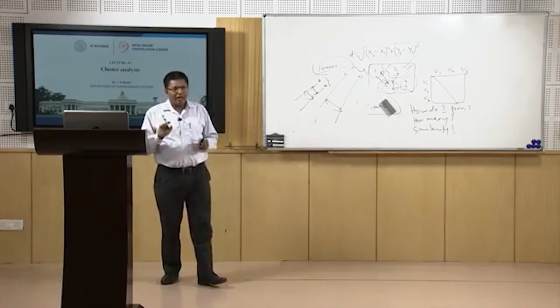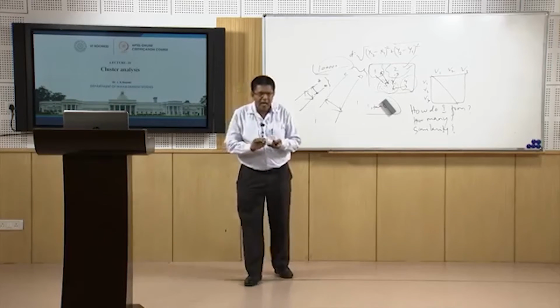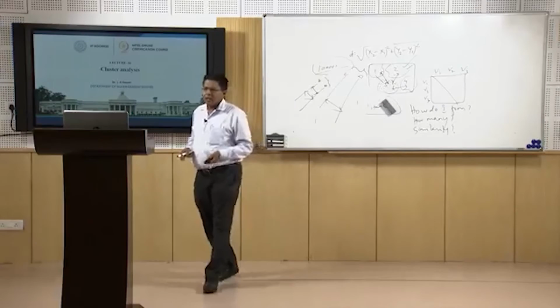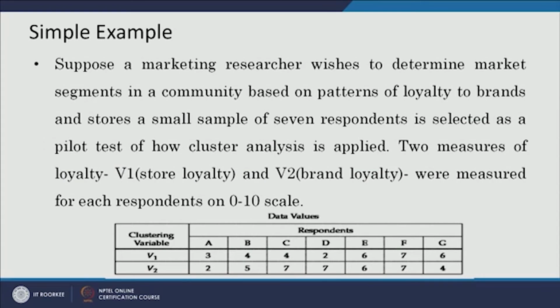And these things you will find almost everywhere in the software nowadays, right. So you do not need to calculate it by hand, okay. Now this is how the Euclidean distance looks, all three at one go it is showing you. Now this is how the hypotenuse is measured, right. So let us say this is an example. Now let us start with an example.